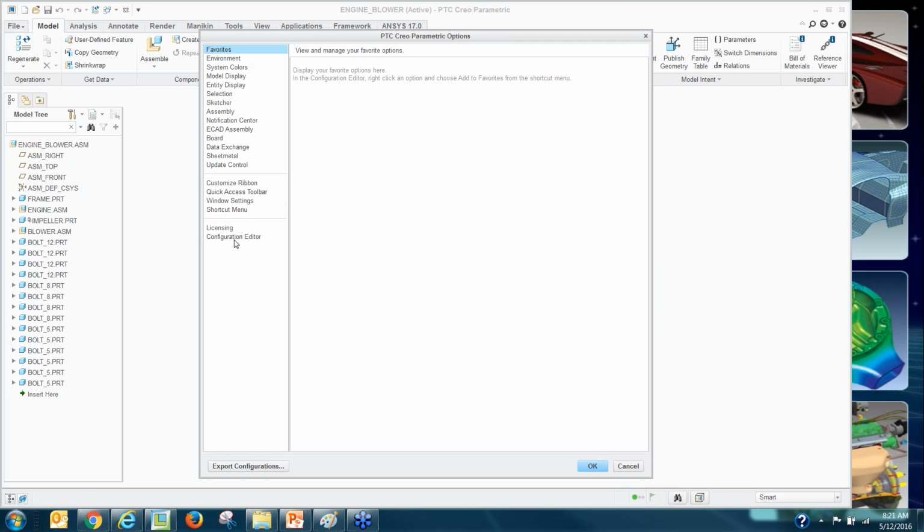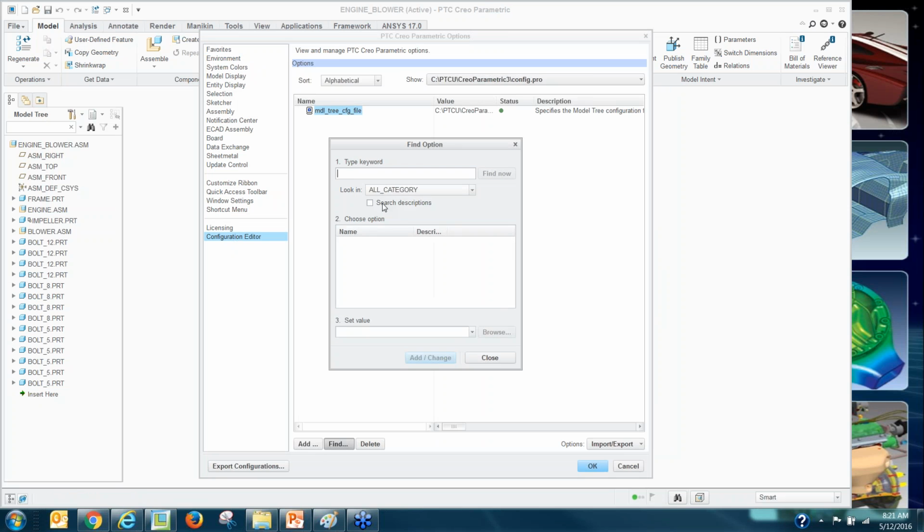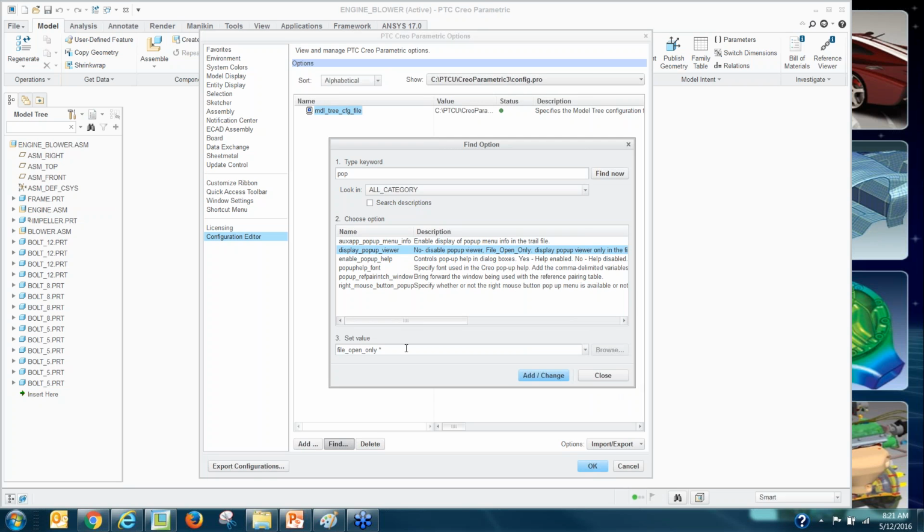So again, the config option, right? You go to your options here, and if you're not aware, you do a search, and you can see enable pop-up viewer, right? And if you look at the pop-up help for pop-up viewer, it shows that it's available only for file open. So you want to set it to yes,